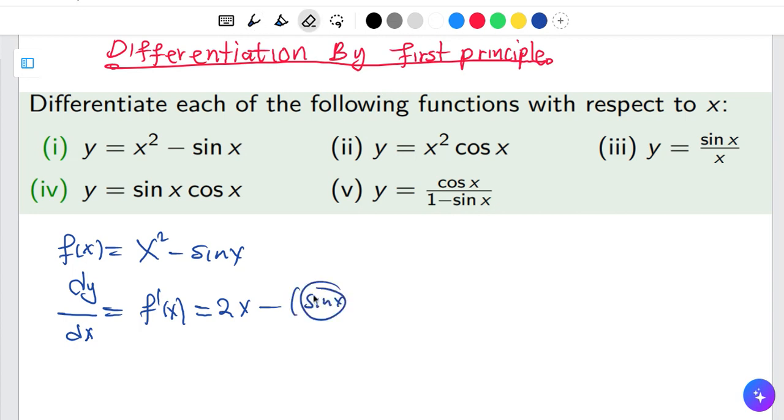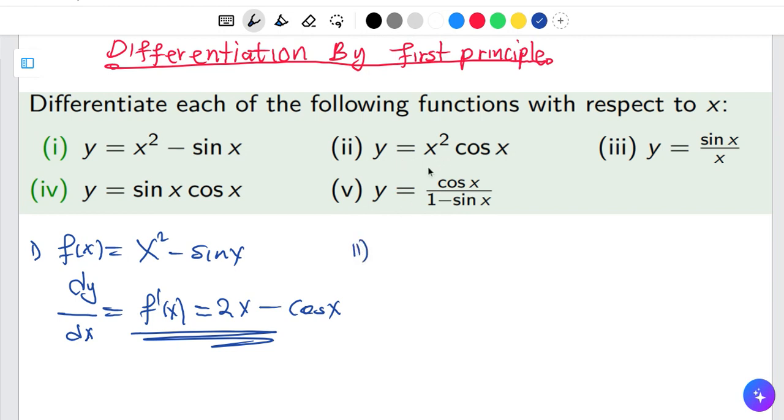Now remember, we have a negative, so meaning to say we have cos here, but it doesn't mean that the derivative of cos is negative. Let me say the derivative of sine is negative cos. No, the derivative of sine is positive cos. Now that we have a negative, that's the reason why we're having a negative there. So for the first part, we are done. The second part,